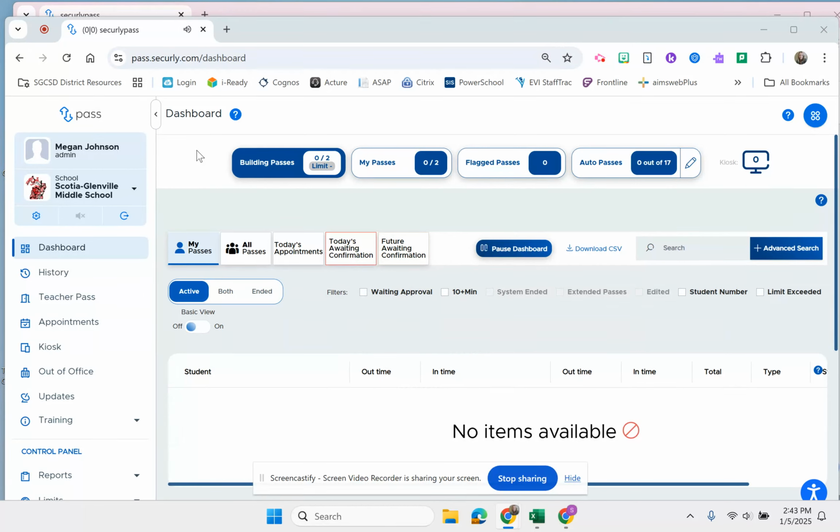The next step in our Securely Pass setup will be to configure AutoPass. If you're not already on the dashboard, go ahead and navigate there on the left-hand side of your screen. And then we're going to go to the right and look for AutoPasses. Now, before we start taking a look at AutoPass, I just want to go back and remind you of what